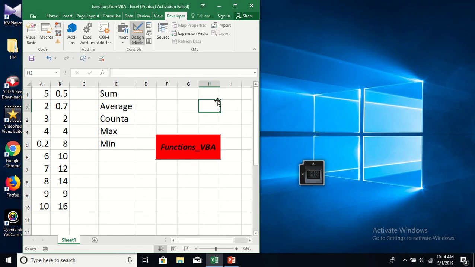Hello viewers, today I will be talking about how to use Excel functions in Excel VBA. Say here we have a data set, in fact two data sets, one in column A and another in column B, and from these two data sets we'll have to get the sum of the values in these two columns